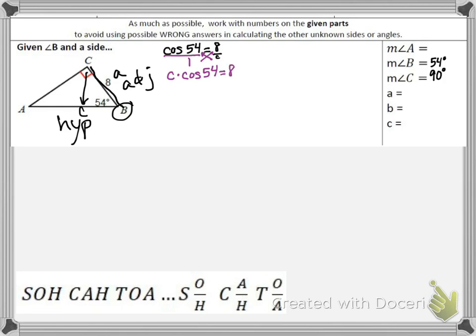And I need to get my C by itself, so I'm going to divide by cosine 54, divide by cosine 54. I hate it when this fraction bar doesn't go all the way over, so let's make sure we do that. That gets the cosine 54 canceled out, and we get C equals